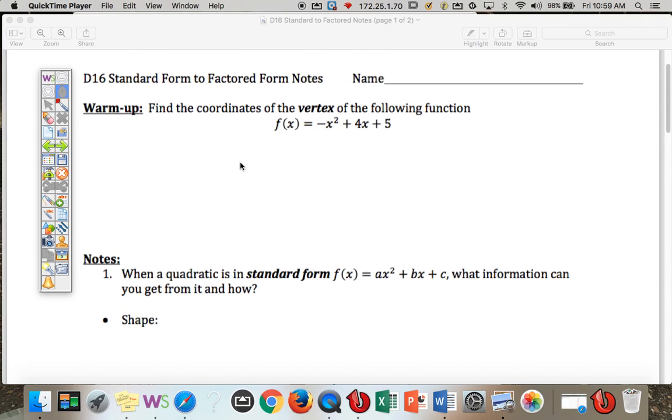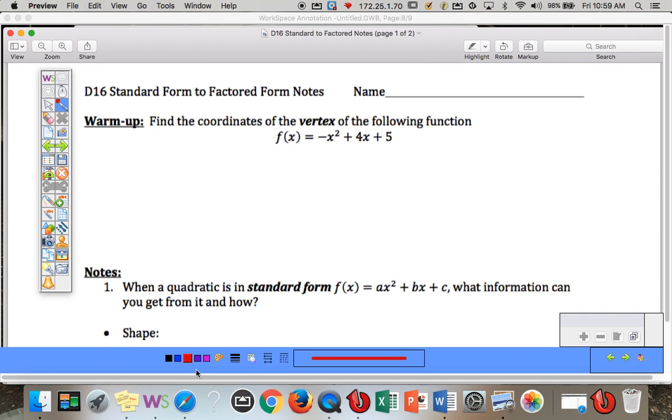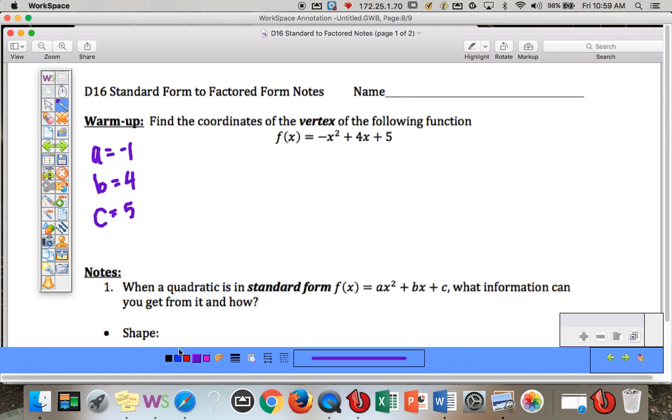So yesterday we looked at how you find the vertex of a quadratic, and so let's review that. To find the vertex, the first part is to find A, B, and C. So here A would be -1, B would be 4, and C would be 5. And we can find the x value of the vertex by doing opposite B over 2A. So the opposite of 4 is -4 over 2 times -1. We get -4 over -2,